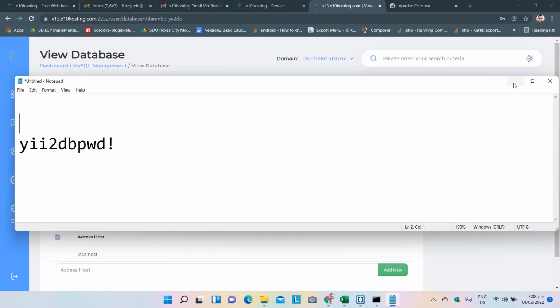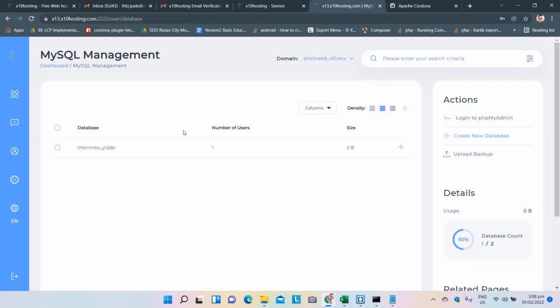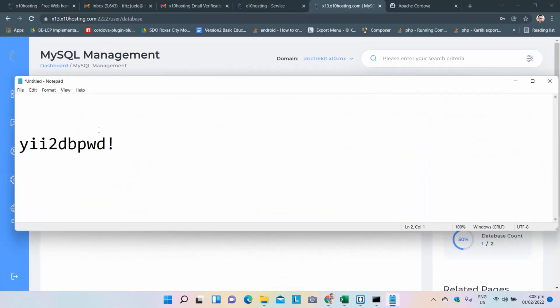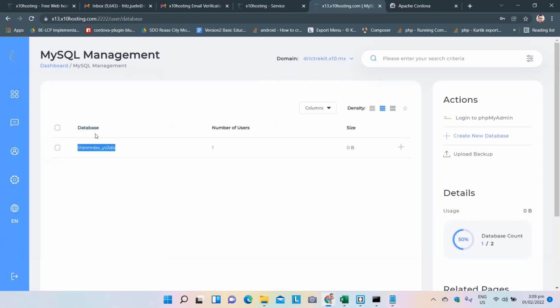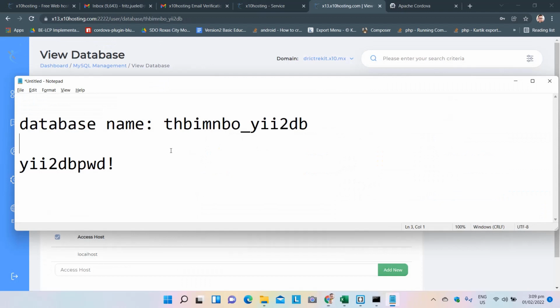Okay, then we need to get the database name. Let's copy this one because we're going to use it later. Database name, the host is localhost. Okay,